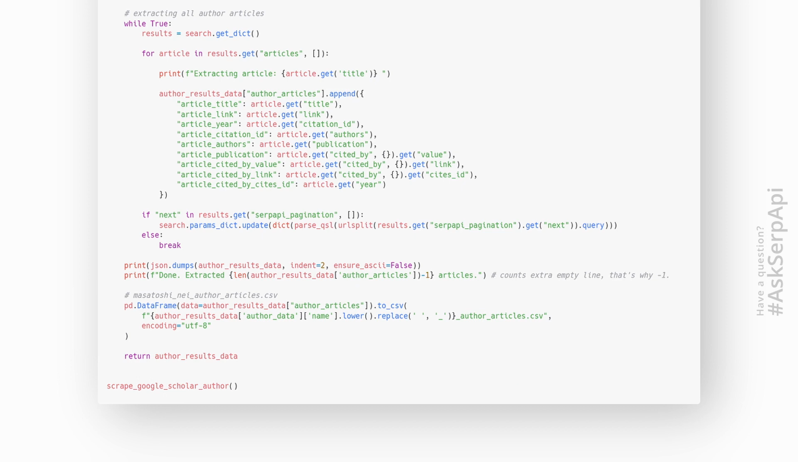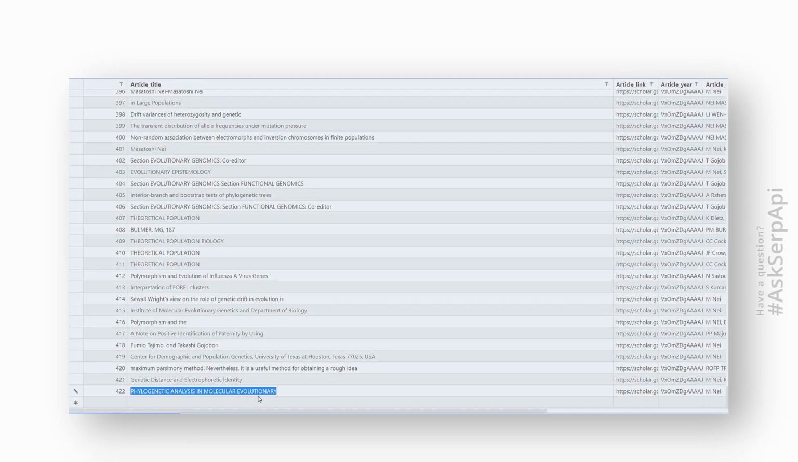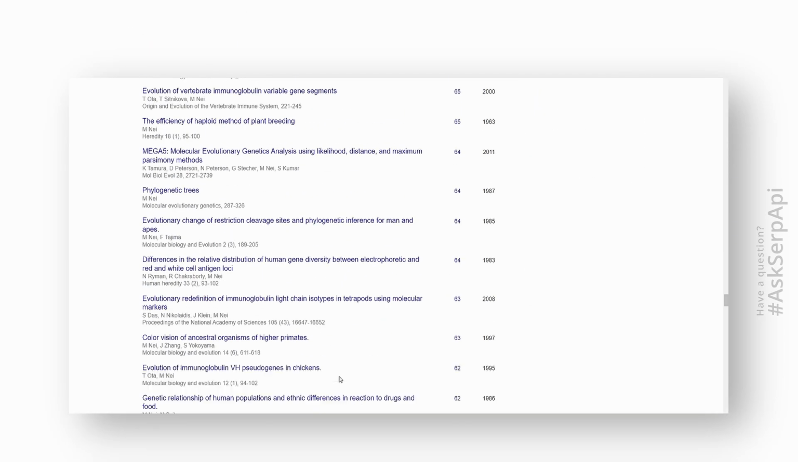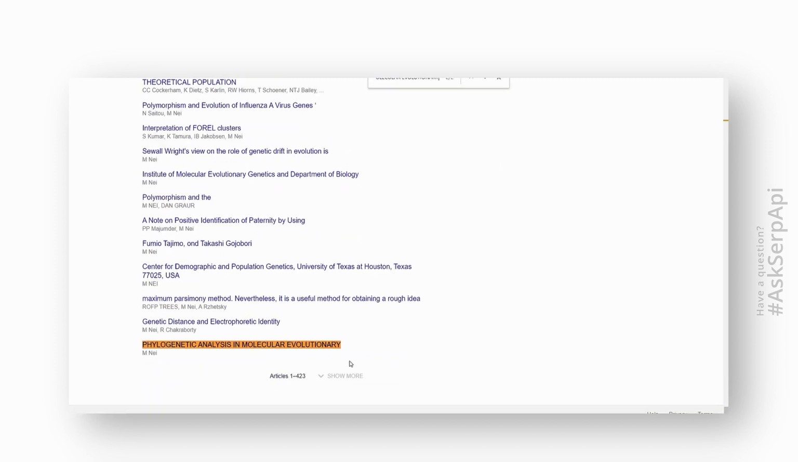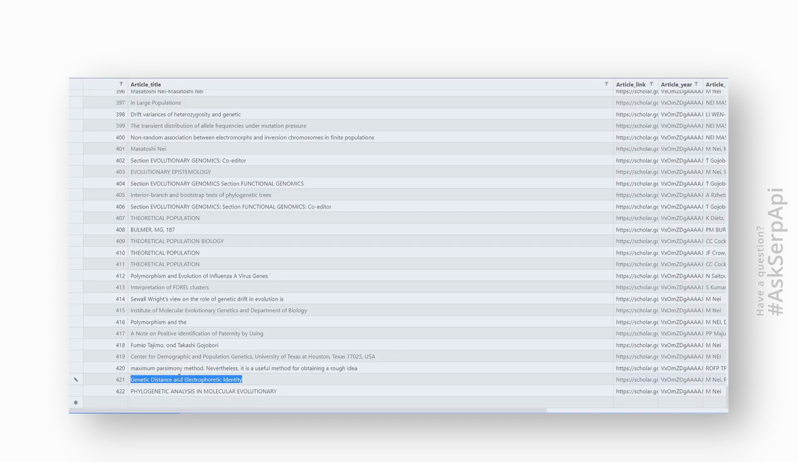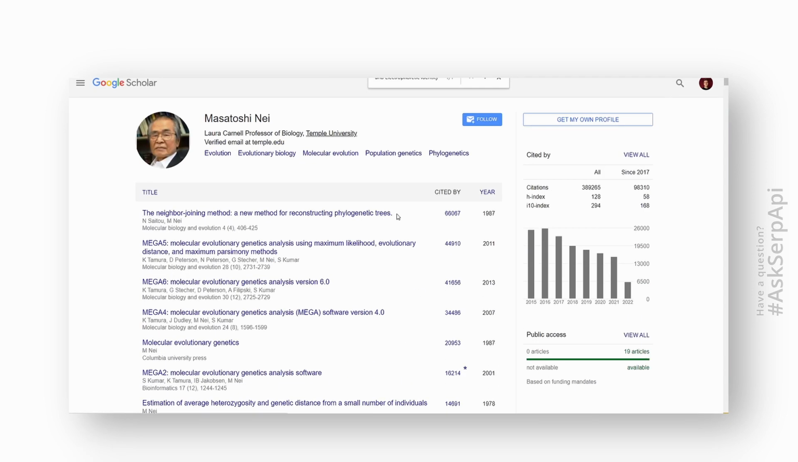Now let's compare extracted results with actual results in the browser to make sure that extracted data is indeed the right data. As you can see, the data is identical, which is a great thing, and we can call it a successful